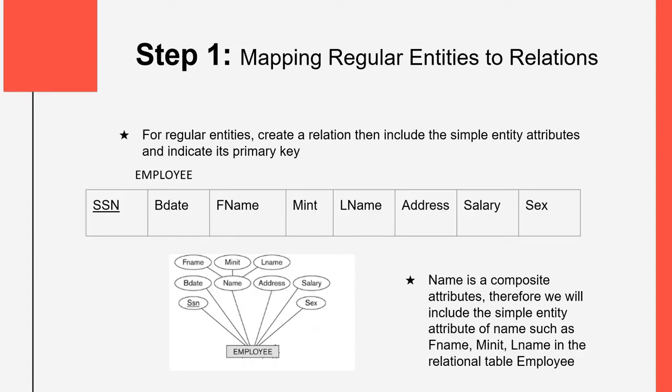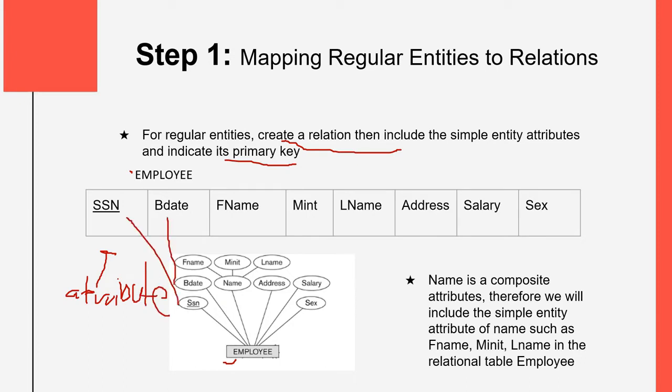So next, for regular entities, create a relation that includes the simple entity attributes and indicates its primary key. So this is how we create the relation. We have the entity name, and we put it here as the relation table name. And we have this column, which is where we put all the attributes. So the attributes we have: SSN,